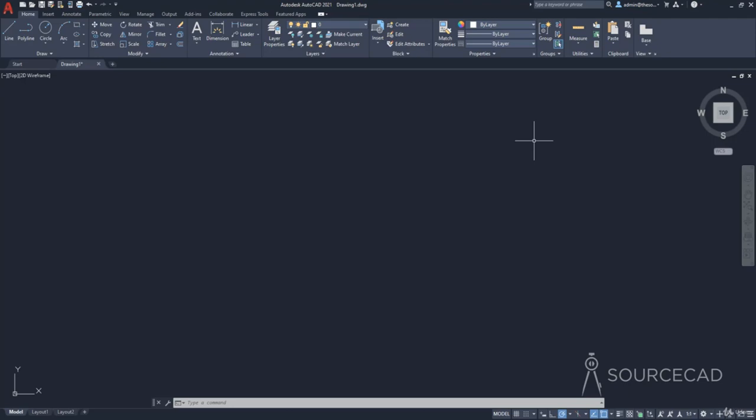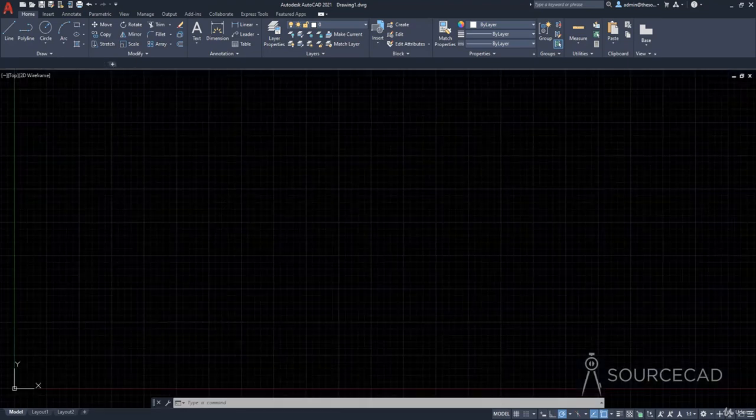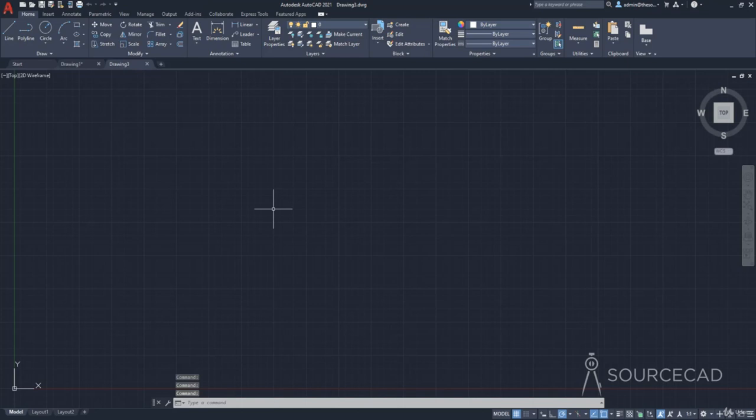In the previous example, we made some settings, like we just changed some settings on the status bar. We also changed the unit. But now if you open a new drawing, which you can simply by clicking this plus icon, you'll notice that once again your drawing will lose those settings and it will just start again with the default settings, like